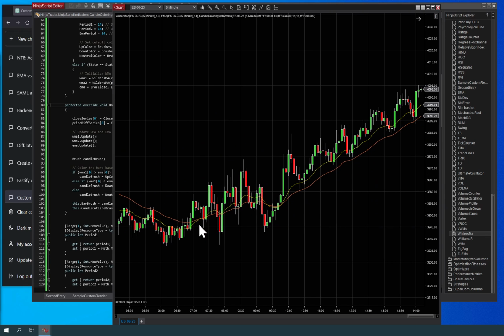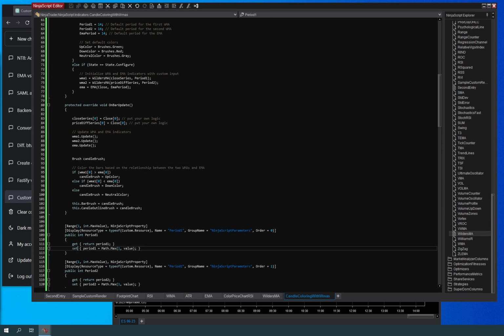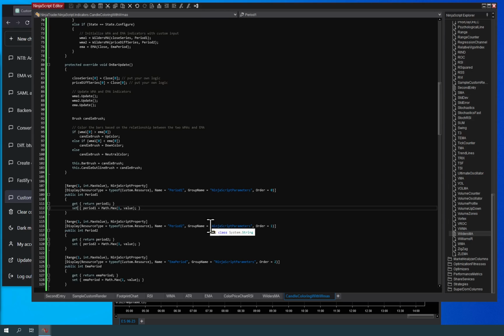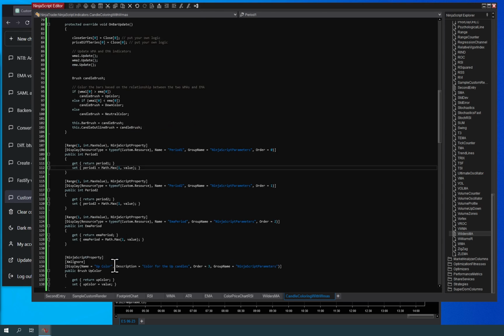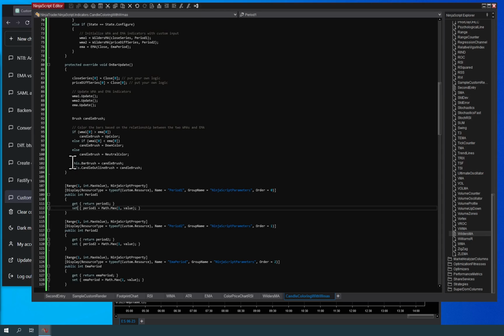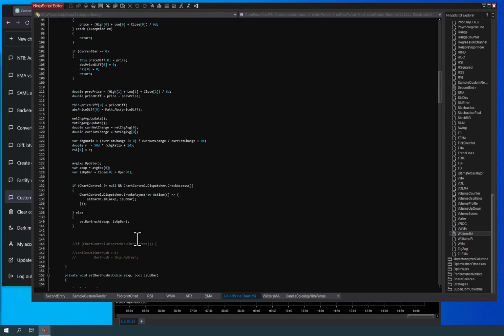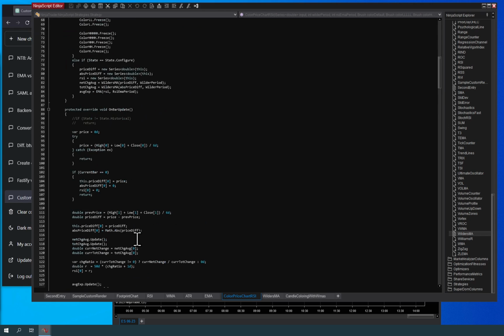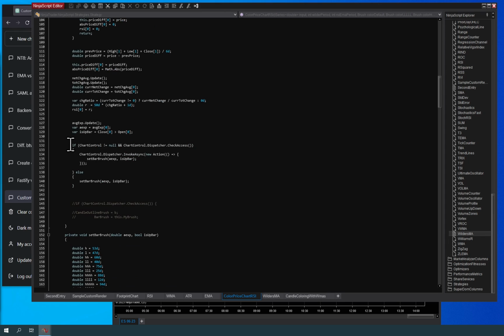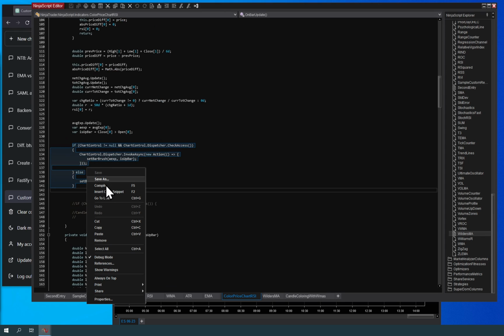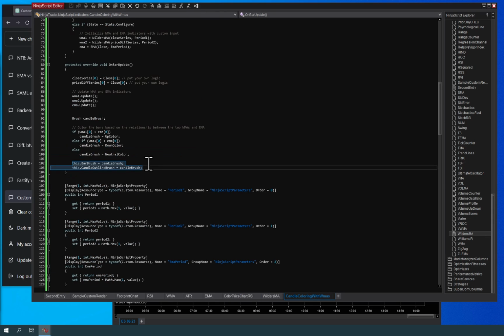Actually, one of the things that this code didn't provide is, depending on the thread that it's running on, if you're updating these colors and accessing this, you may not be able to actually set the bar color on the OnBarUpdate because of mismatching threads that they're running on. And I'm not 100% familiar with it, but I do know that when I was working on this particular indicator for someone, I had to add this section of code. So I'm going to copy that, and what I'll do